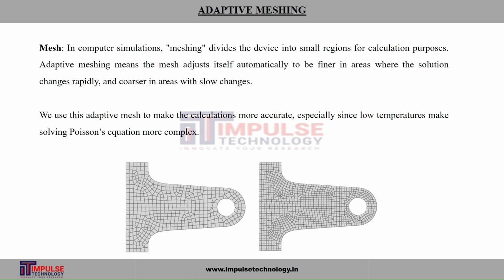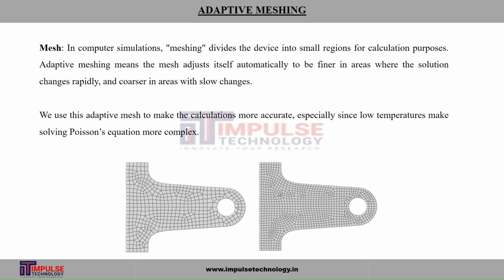Consider an analogy. Imagine trying to find your way through a dense forest. If you have a detailed map only for the clear path, you might get lost in the thickest part. Adaptive meshing helps us create a more detailed map where we need it most. Adaptive meshing allows us to refine our mesh in the areas where the electric potential changes rapidly. We start with a coarse mesh and then refine it based on where we see significant change in potential. This means we can focus our computational power where it is really needed.